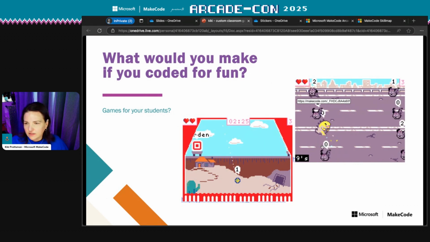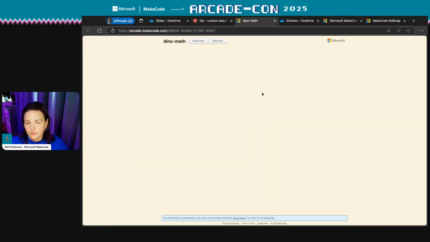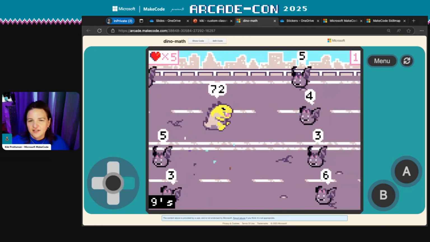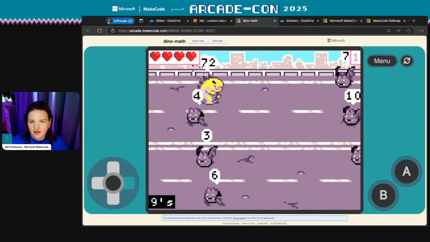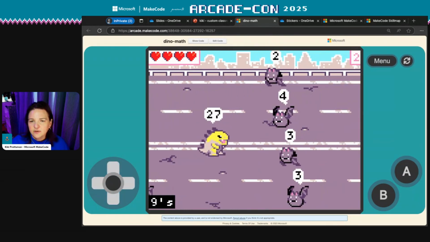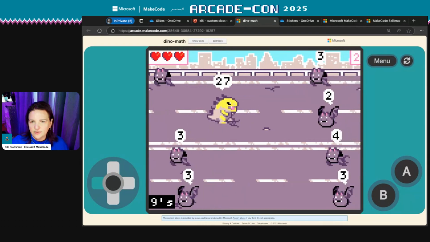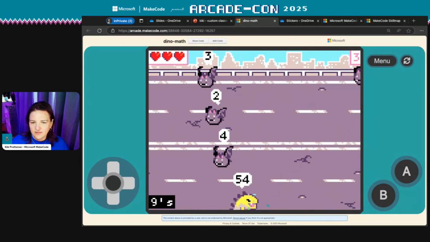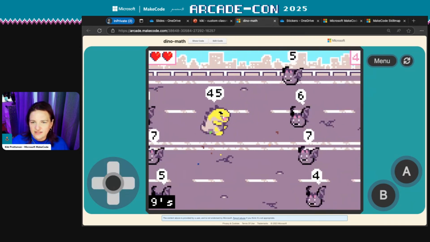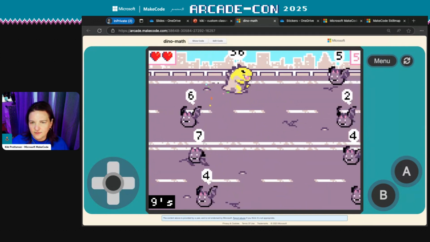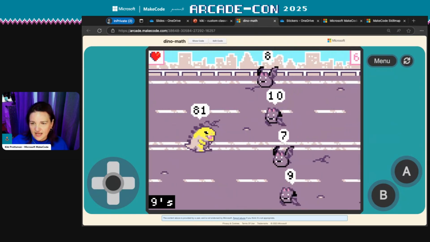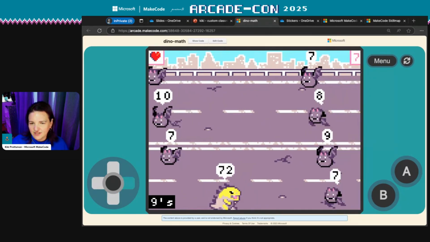So I'm going to click on that tab and I'm going to open my Dino math game. So you can see, I've got to make a decision. You can see that I'm using a very similar mechanic. I've got even the same road. Uh-oh, I'm going to kill myself if I don't actually think about what I'm doing here. So in this case, I have the Dino set to a number, and down in the corner there, you'll see that we're multiplying by nines. So I have nines and I want 9 times what is 45. So 9 times what is 36. And then every time I get one, it shifts and I have to find something else. So 9 times 9 is 81.